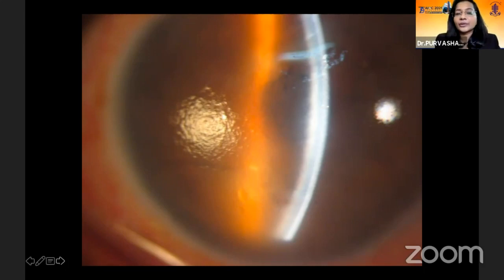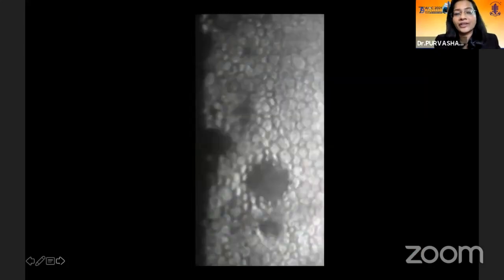After looking at the entire examination of his eye and ascertaining that the IOL was in place, we looked at the other eye of the patient and saw a beaten metal appearance in the endothelium. We performed a specular microscopy of the endothelium of the other eye and found these. This is very typical of Fuchs endothelial dystrophy, which is a bilateral hereditary condition. We conveyed this to him, regarding the inherent weakness of both his corneas.